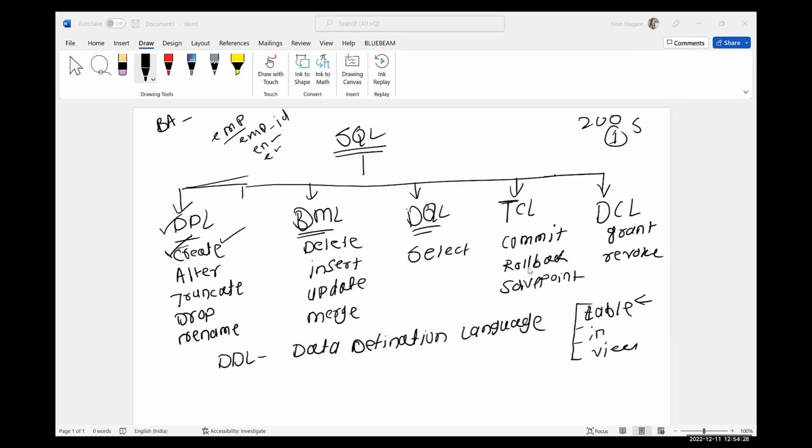That is the purpose for which grant and revoke come into the picture. Again, we will see a practical example in the actual lectures. But just keep in mind, grant and revoke are mostly used by the DBA person. As a developer, I rarely use these commands, but the DBA person mostly uses them.